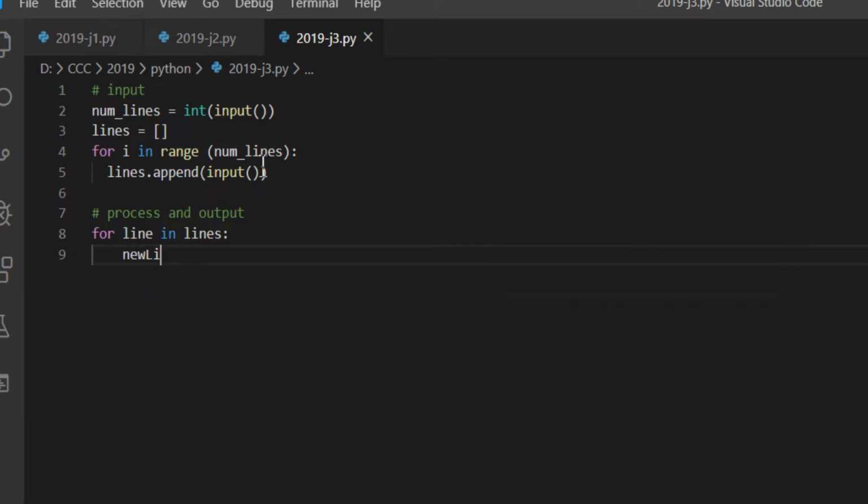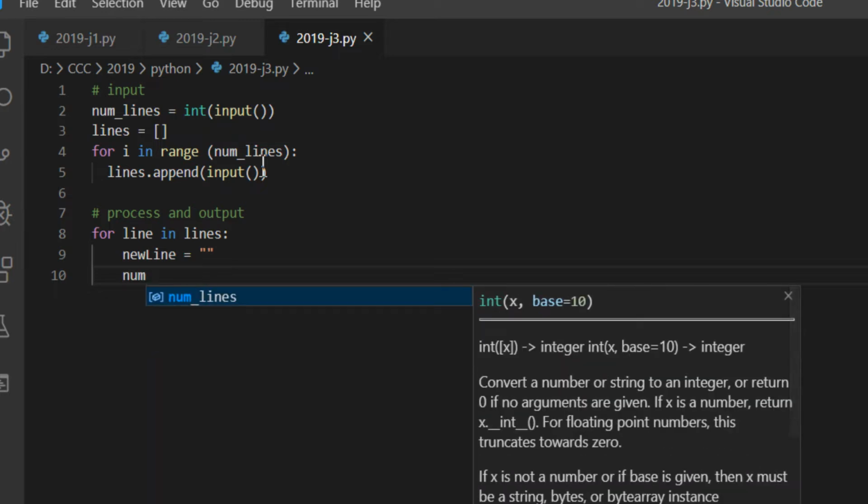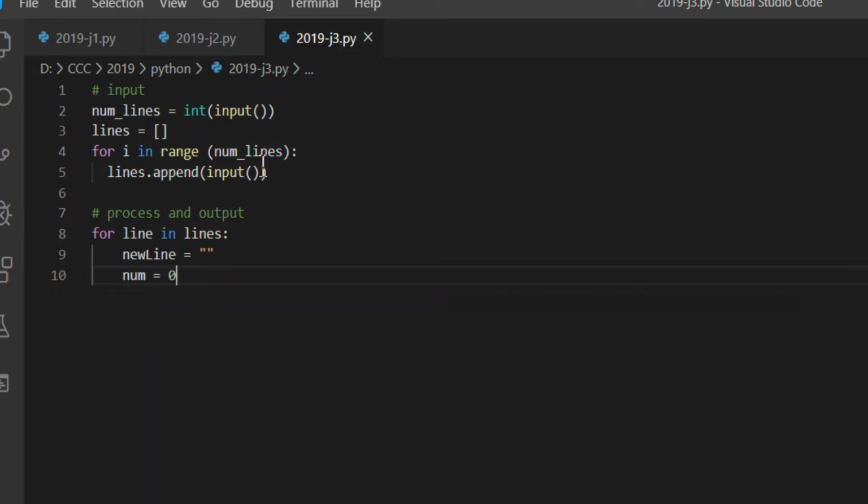So we name a variable for the line to output, and then because after the encoding we need to have a number and the character, we declare a variable for the number and give it a 0,